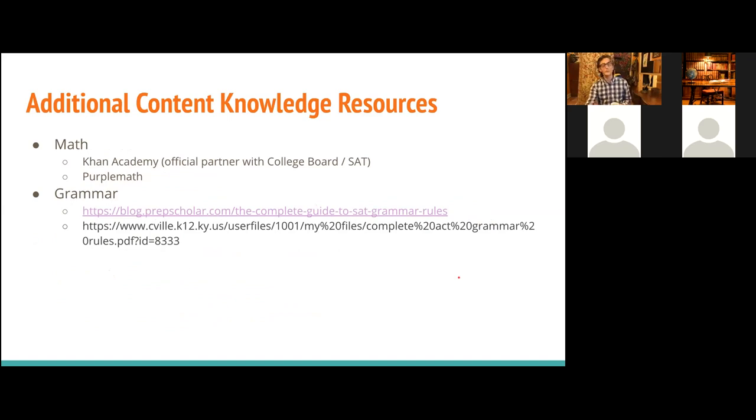Additional, so those are resources for testing specifically. So far as the actual content knowledge, like what are the math concepts I've got to know? What is the grammar that I ought to know? Not just a list of test questions. Khan